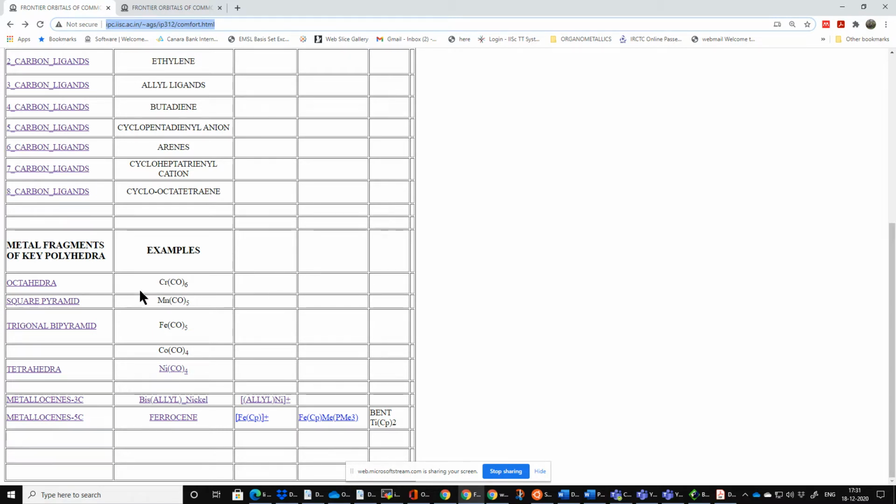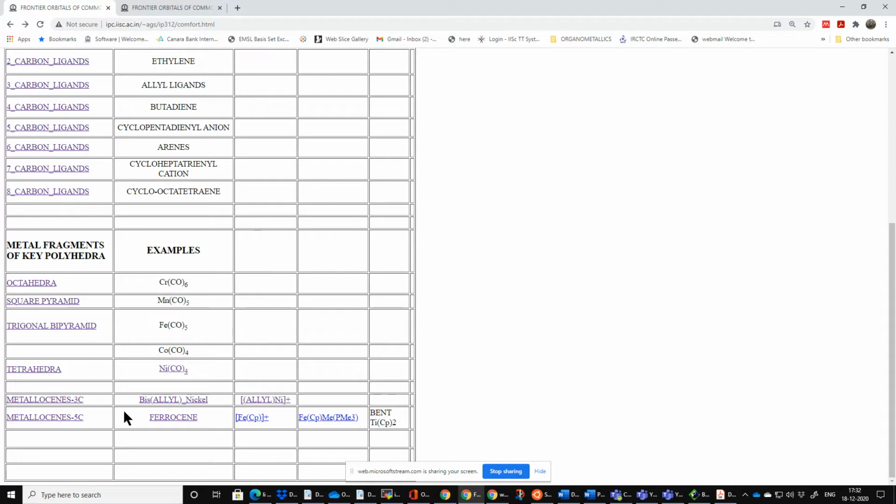So there are octahedral fragments, or fragments from octahedral molecules like CrCO6, and then we have trigonal bipyramid as the parent, and there you have FeCO5. Fragments of that are listed in that sheet, and each sheet you can navigate to and then go ahead and view the complexes that are available under that section.